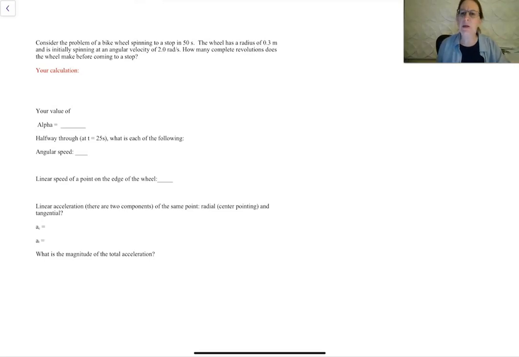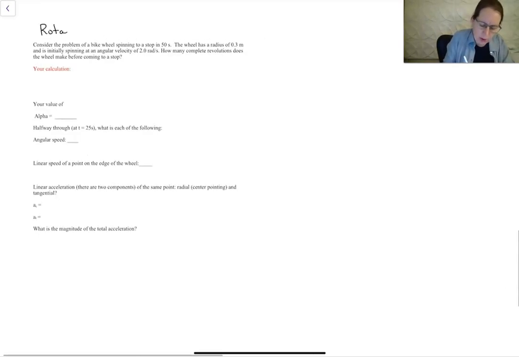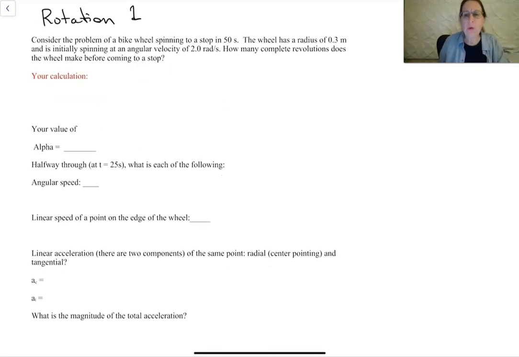So looking at the Google Doc from rotation 1, calculating rotational variables. We want to identify the different parts in this problem. This is our time. This, of course, is the radius. And this angular velocity is omega, 2 radians per second. And we're asked to find a value of alpha, using omega final equals omega initial plus alpha t